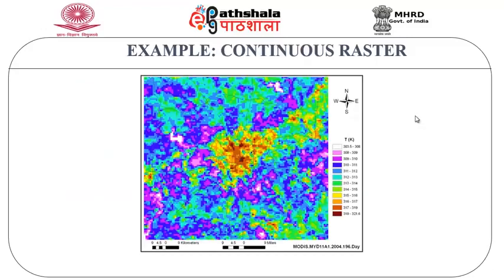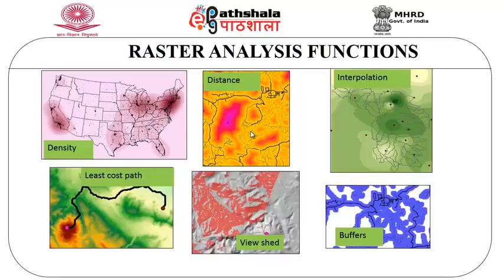This is an example of a continuous raster representation technique where the data is continuous in nature. So this represents miles or kilometers, where the distances are represented using various colors, the hues. We can also look at the direction, which is represented here, and this shows an example of a continuous raster data set that is being visualized.